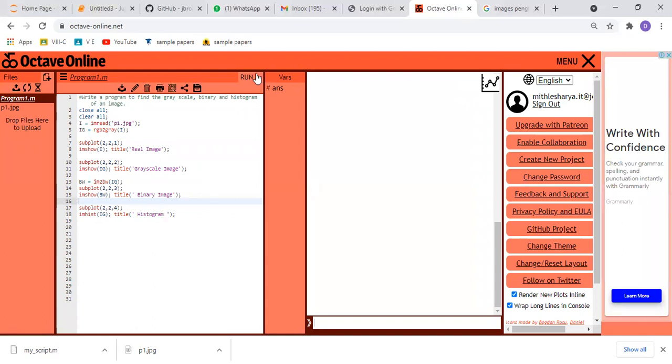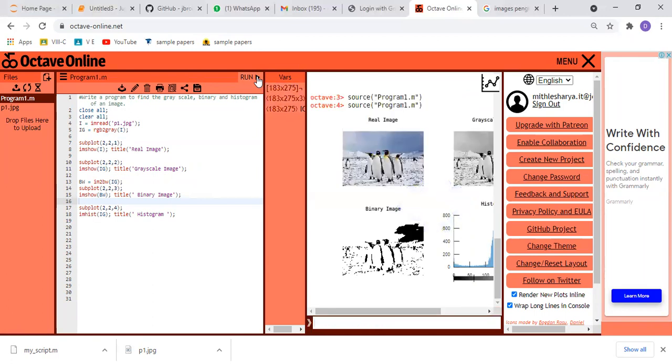So we will run this program. Just a minute, I'm saving this program because I gave a dash line space in between. Now we are running the program. Now you will see on the screen that 4 images will appear on our output screen. First, you can see our output is there.